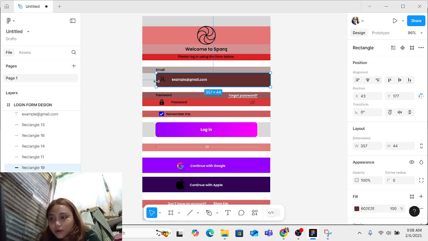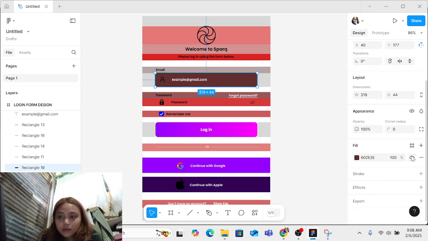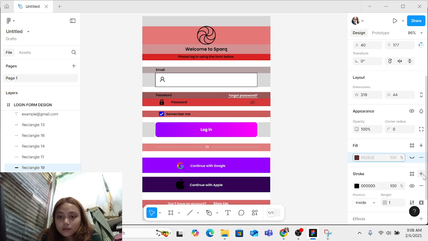Size it, put it into the right size to the margin. Okay. Next, we're gonna cancel the trim out and start putting the stroke.